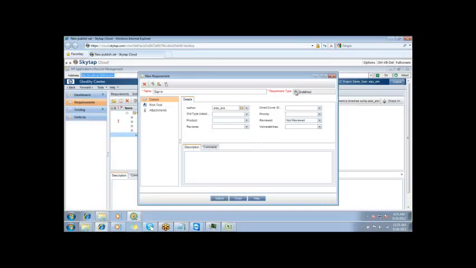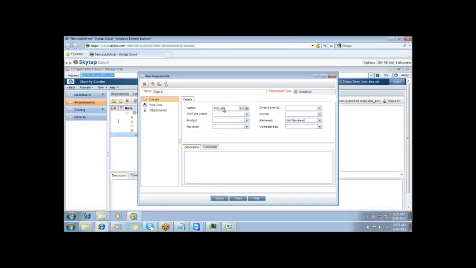Okay, so I think because it is a demo, it is not allowing me to select. Okay, fine, no problem. Do you see by default here it is showing Alex underscore ALM because we have logged in here as Alex underscore ALM. So it is showing us Alex underscore ALM.